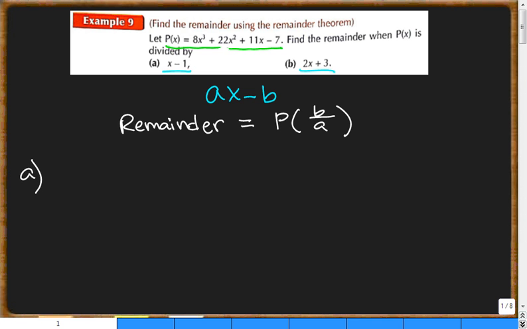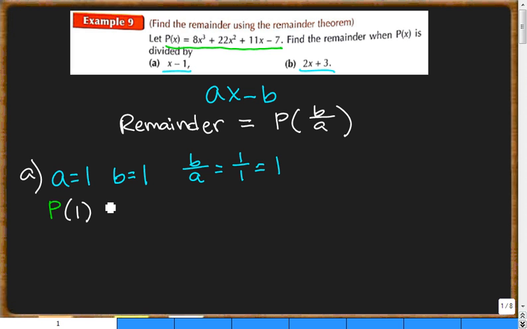So part A, the divisor is x minus 1. So we have our a value is going to be 1, our b value is going to be 1, and so what we need to do is b over a would then be 1 over 1, which is 1. So we go back to our function and we say, okay, let's plug this in. So p of 1,